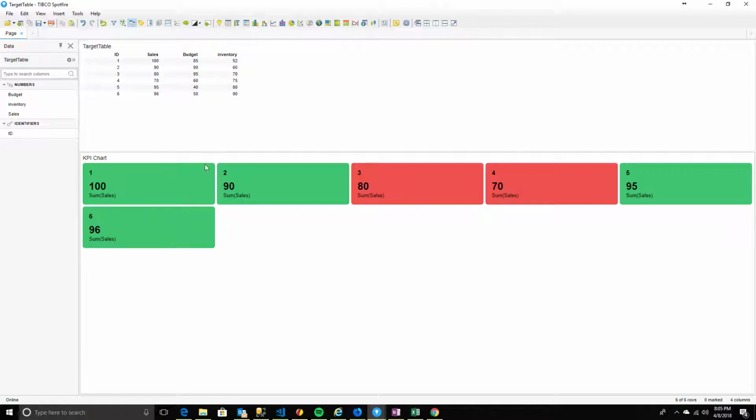for example 80, 70, should turn red. At the same time, when he selects a column called budget, whenever you see a specific value which is greater than 90, it should turn green, and less than 90 or something like that should be red. Similarly, vice versa with the inventory column. So let's create this and let's see